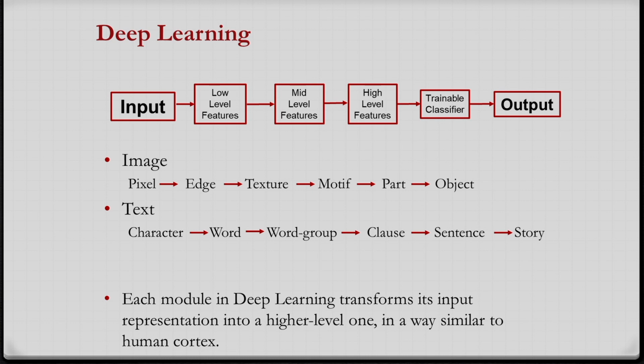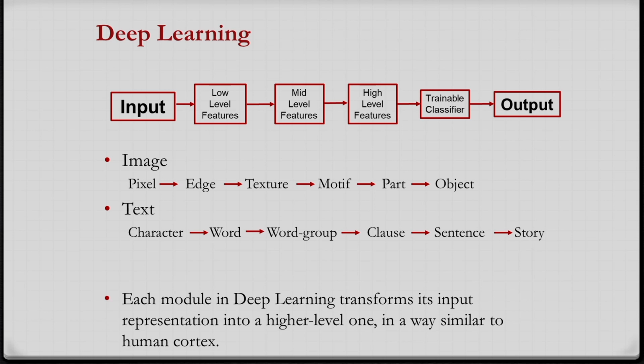So in the deep learning techniques, as I have already mentioned, we have to extract low level features, mid level features, high level features. In case of the image, if I consider the pixel values or maybe the edges, I can consider them as low level features. For the mid level features, we can consider the texture or maybe the motif, and for the high level features we can consider the part of an object. So this type of features we can consider as high level features, that is the part of the object or maybe the object as a whole, that we can consider for image recognition, image classification.